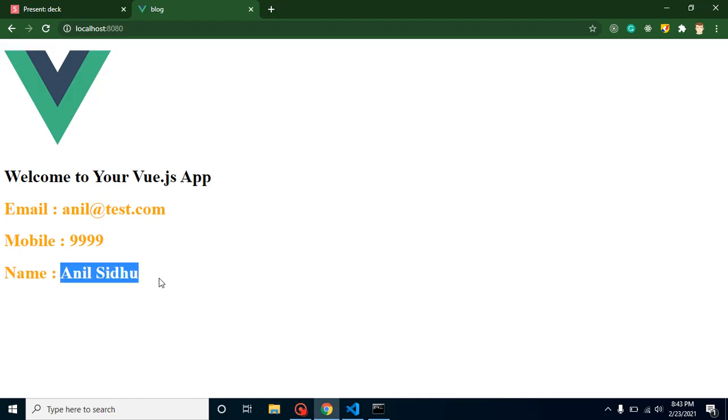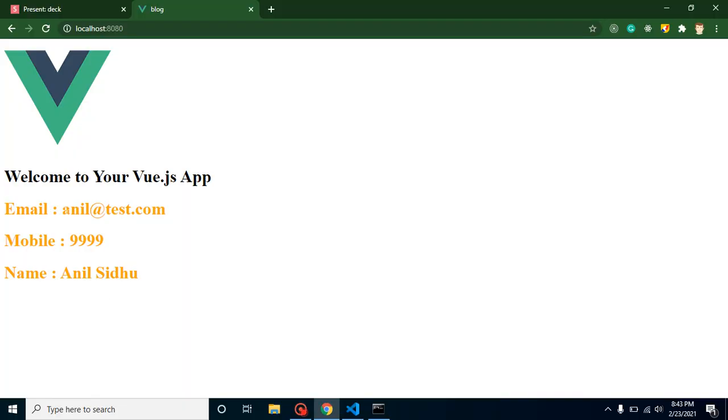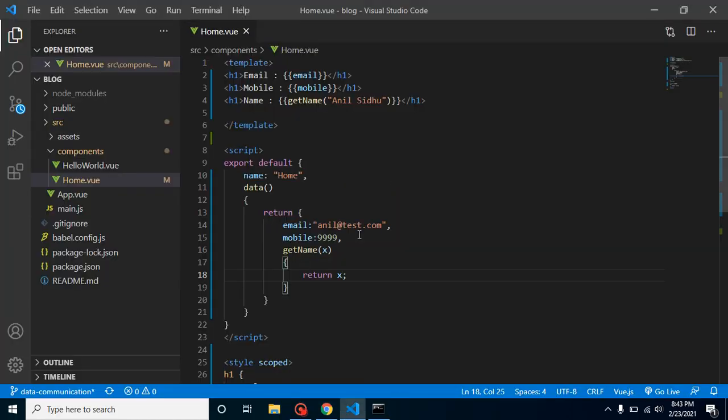This is again working fine. We can even pass some data dynamically here. Let's say I'm passing Anil Sidhu, and we can get this data in an x parameter, and here we go. This is again working fine.